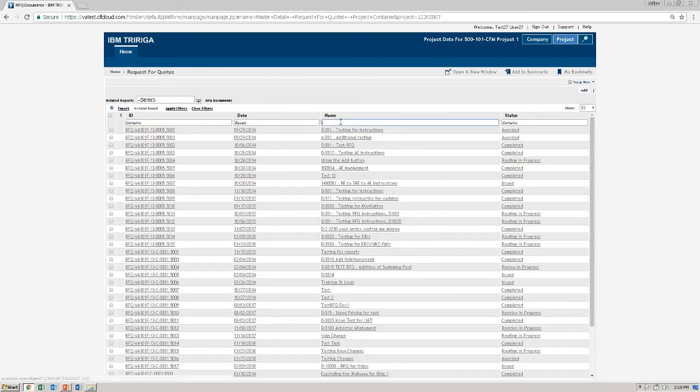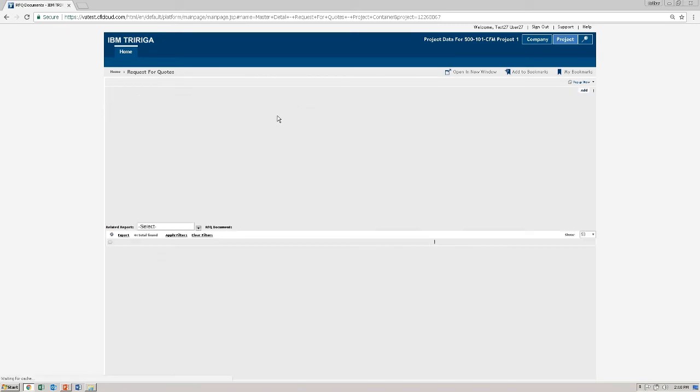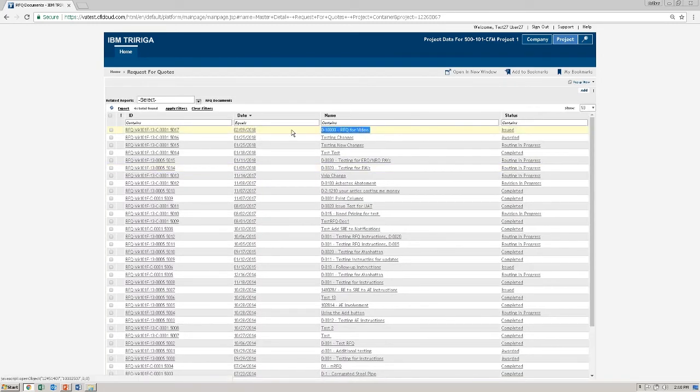From here, we can either search by name or you can click the date column to begin sorting by date. Click it twice. We'll find our most recent RFQ on top. We'll see it's in the issued status,